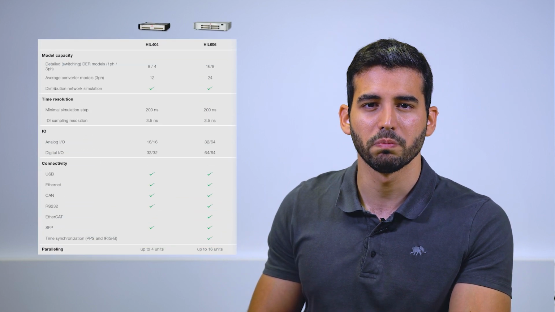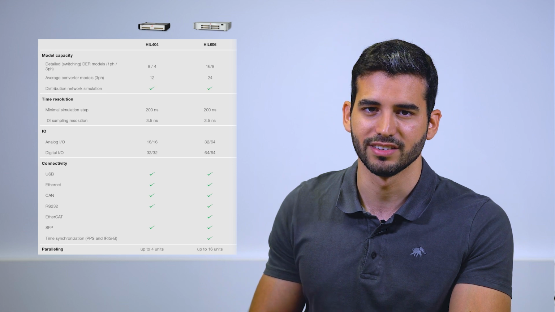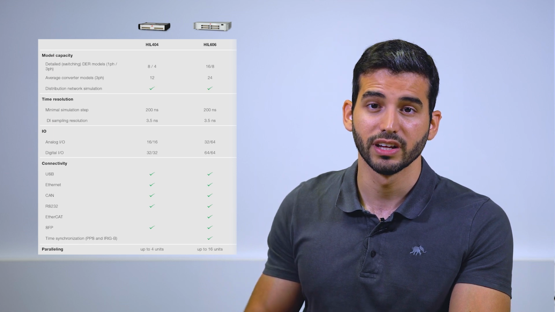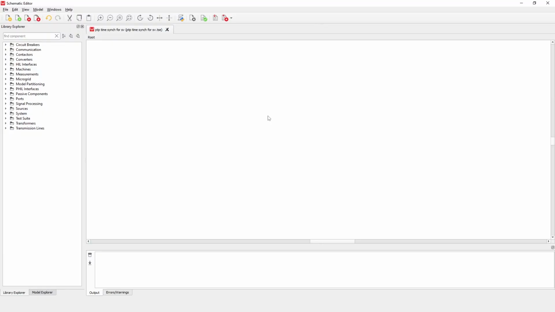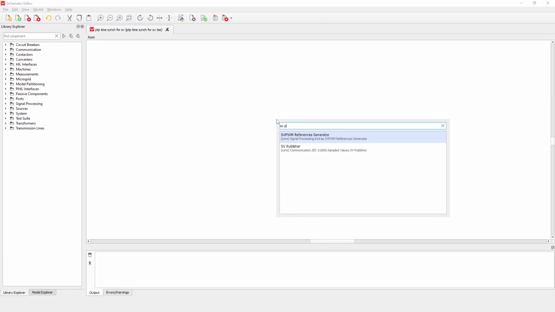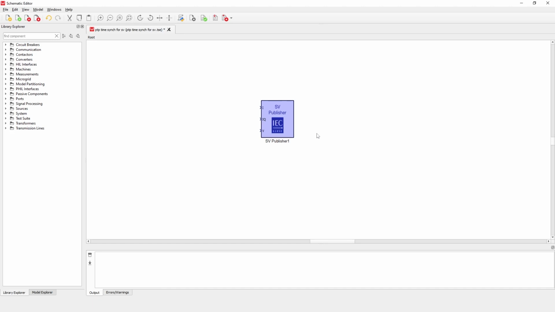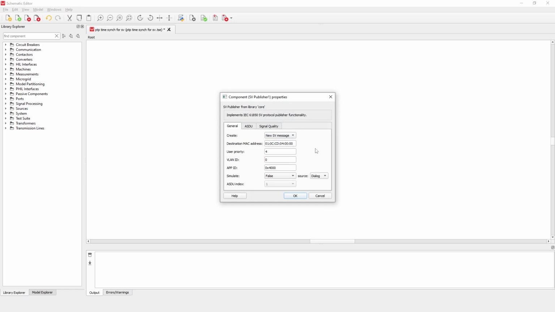Precision Time Protocol, also known as PTP, is now available for remote synchronization of the IEC61850 sampled values protocol. This feature is compatible with 4th generation devices. In our communication library, the sampled values folder under the IEC61850 category contains all the necessary components for establishing this communication. To activate this feature, navigate to the SV Publisher mask, choose the ASDU tab, and set the synchronization mode to remote.